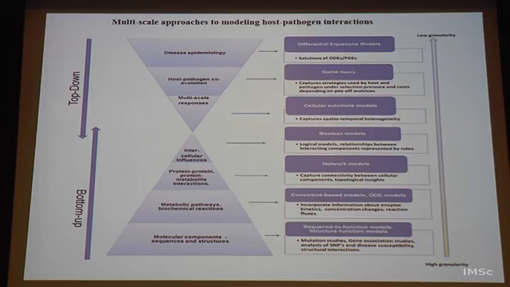An example here would be to model a single metabolic pathway. Like I talked about mycolic acids, we can model the entire mycolic acid biosynthetic pathway, and we can model the fatty acid pathway in the host cells using kinetic modeling. These are ordinary differential equations. You have rate kinetics. Basically, you have some assumptions that they follow Michaelis-Menten kinetics, or even allosteric regulation you can put in place. I am assuming that most of you are familiar with it. If not, please feel free to ask, and I am happy to explain in more detail.